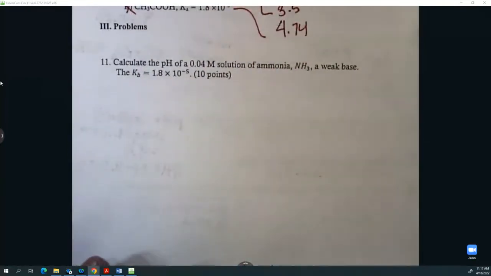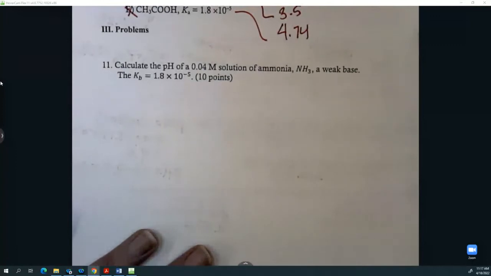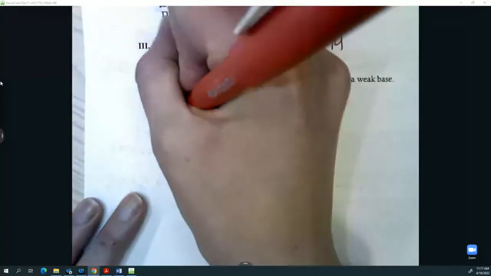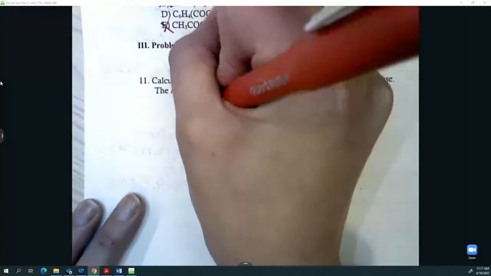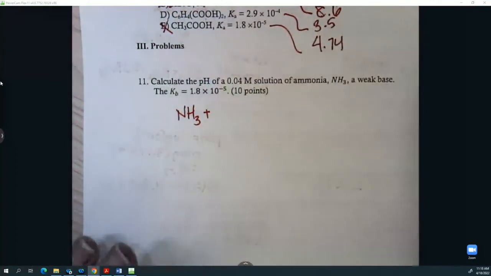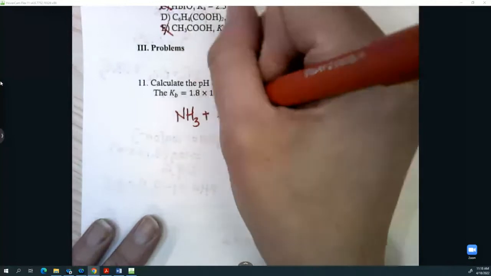Calculate the pH of a 0.04 molar solution of ammonia, NH3, a weak base. Kb is 1.8 times 10 to the minus 5. Okay, so weak acid or a weak base problem, I would approach it the same way. I'm going to start with what is my reaction. That's the first place that these are different. If it was a weak acid, it would just remove a hydrogen. If it's a weak base, which it tells me, right, that it's a weak base,